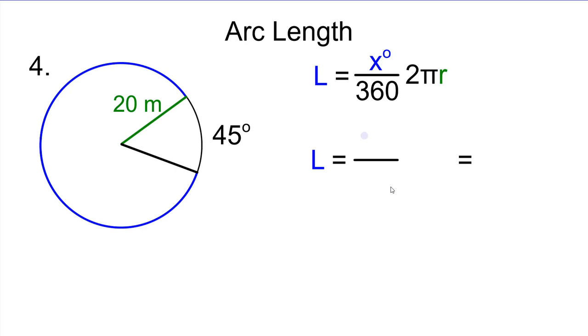So this is where we have to deal with the fraction of the full circumference. So it's really just like we just did to find the circumference, but now all we're doing is multiplying it by some fraction, which is the degrees out of 360 degrees. So first part is our radius here is 20. So 20 times 2 is 40. So this is going to be 40 pi. And then our fraction, you're going to look for the